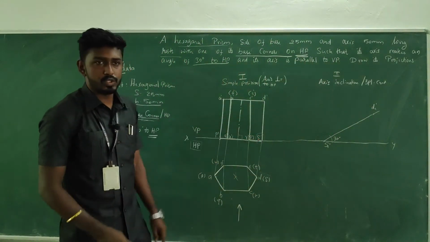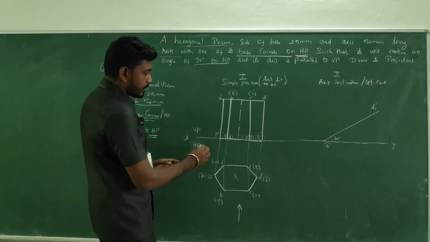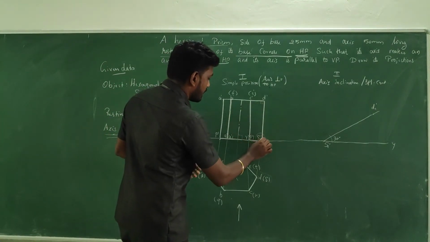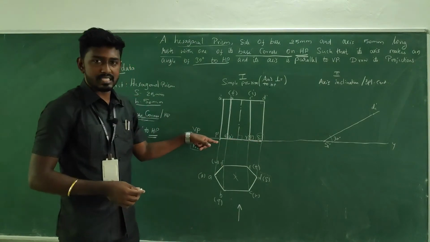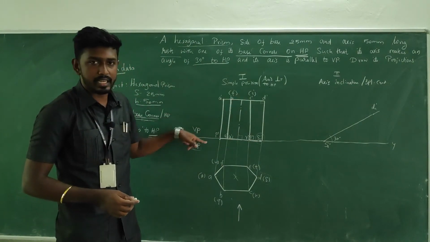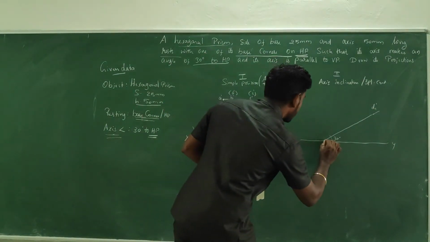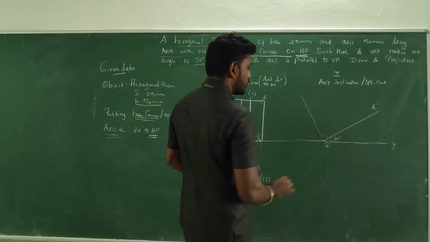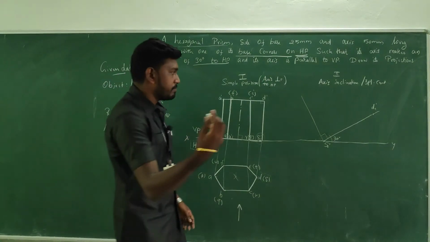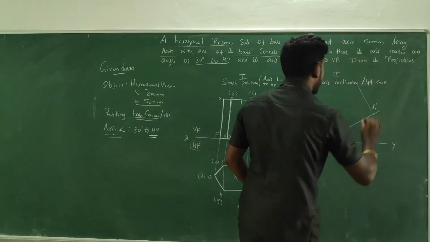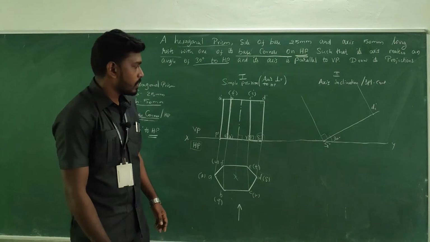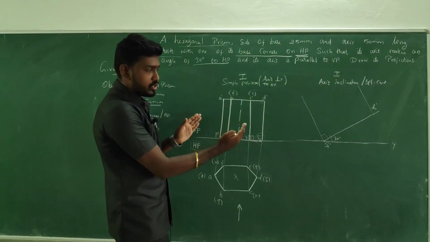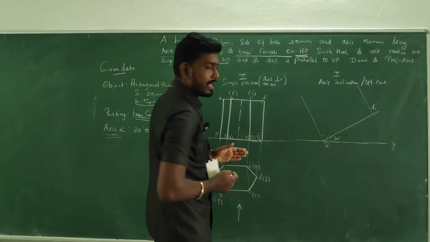both the edges. Now see, in order to reproduce the image, all the sides are kept 90 degrees to the adjacent side, right? All the sides are 90 degrees. So what I am going to do is from S, take the 90 degree line with respect to the edge. Same from D, take a 90 degree line. Okay. Now you are going to reproduce the same image over the inclined line.